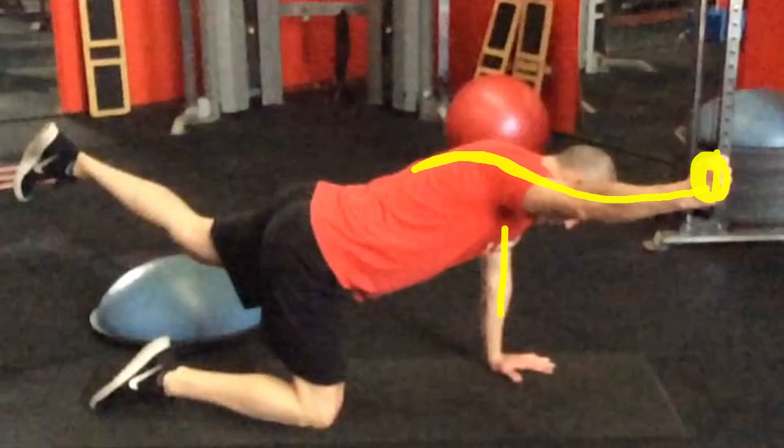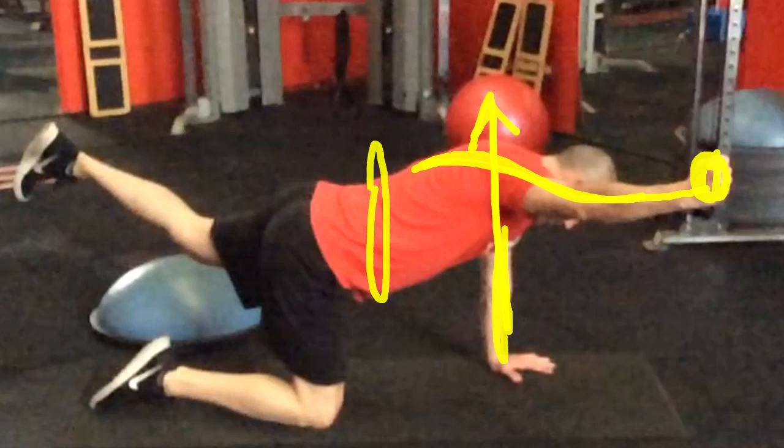The hand that's on the ground here, I'm actually pushing right up out of it, just like I would with a serratus anterior protraction type exercise. So I've got the opposite shoulder pushing up, this one's pulling back. I'm engaging all through the abdominals the entire time, and then this leg here on this glute, I'm actually trying to engage it. So I've got that sling feeling of working left leg, right arm,